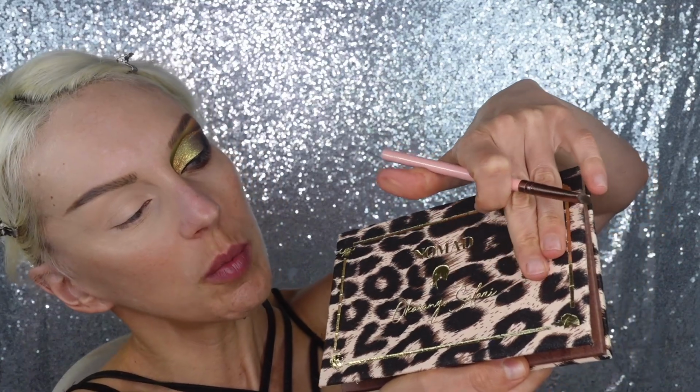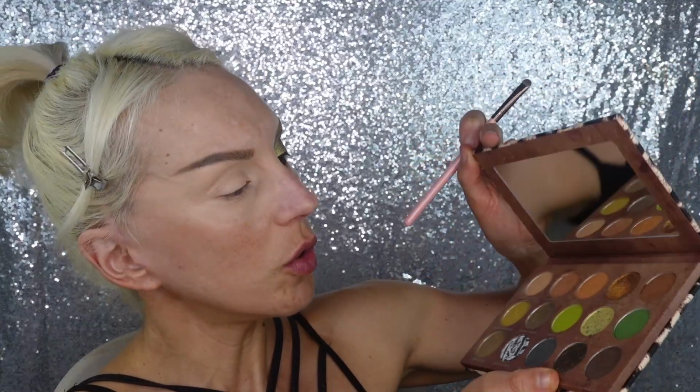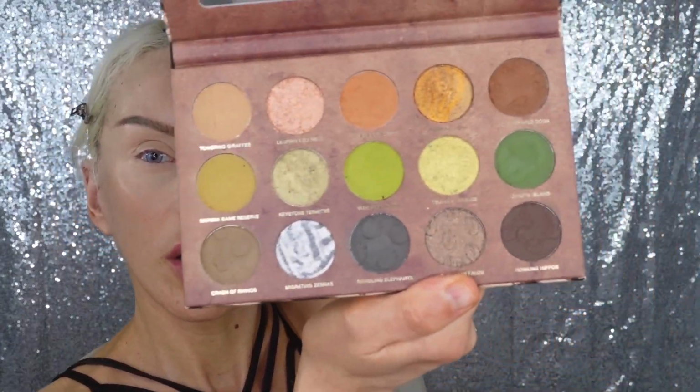It's so silky smooth on the outside, the palette is. It's Nomad Okavango Safari. Okavango. I can never pronounce anything, so don't mind me, but look at that color story. It's gorgeous. And I already showed in the beginning, so I decided to go with the kind of a tiger